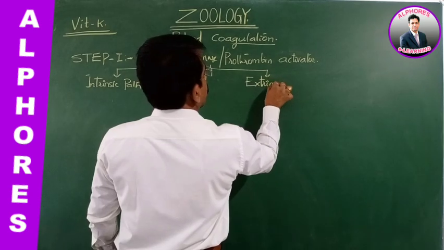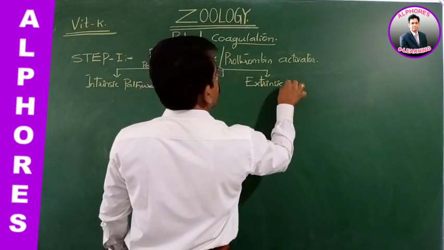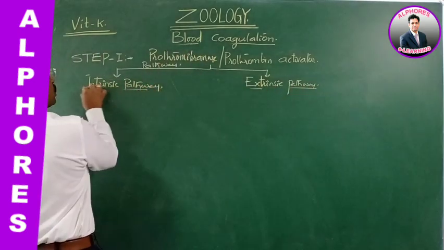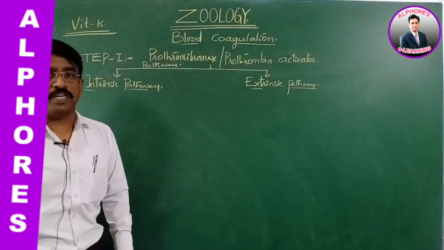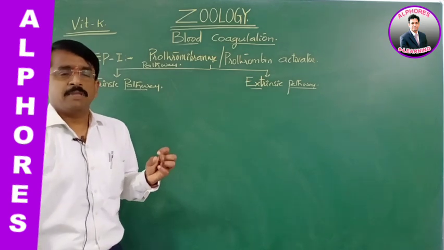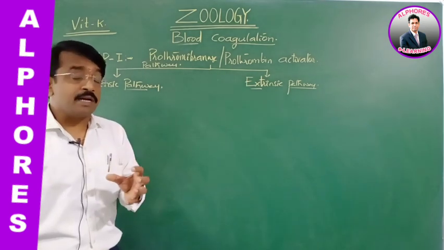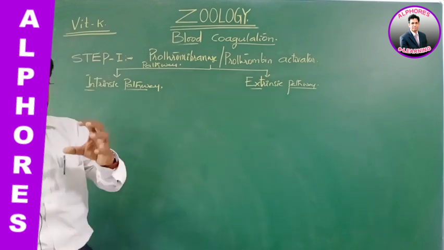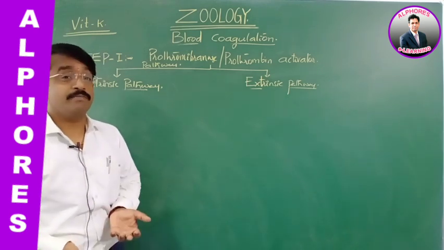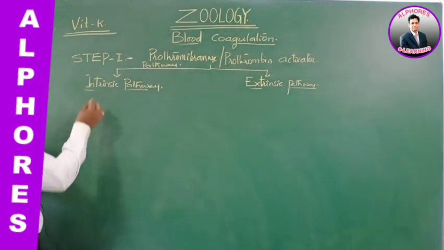Intrinsic means that injury to the blood vessels takes place internally. Sometimes you find internal bleeding occurs, which is not externally seen. So the intrinsic pathway is